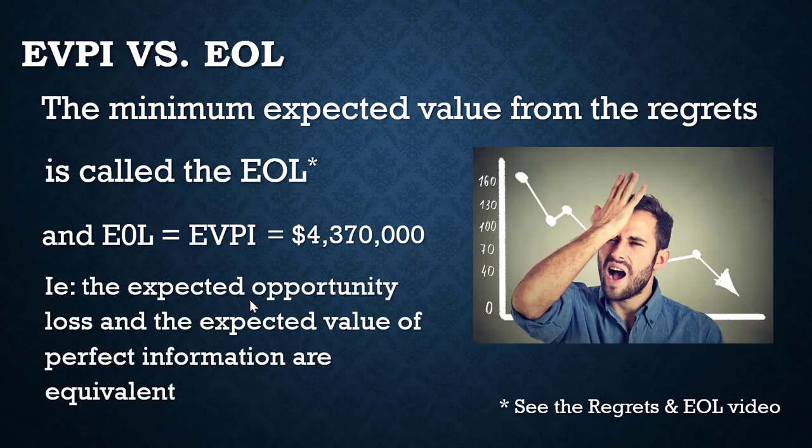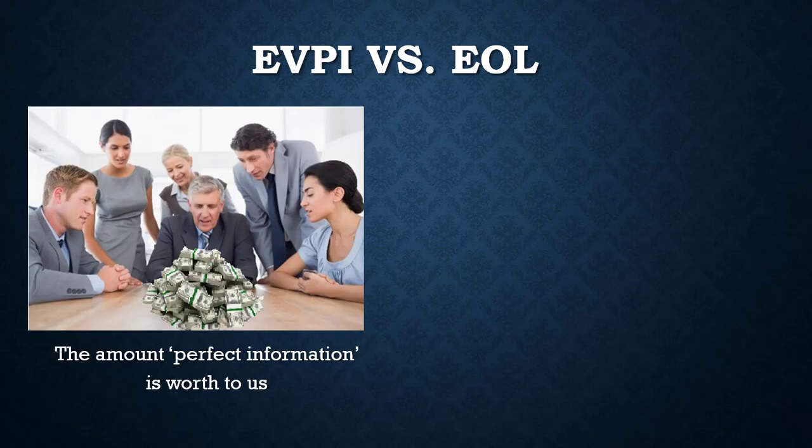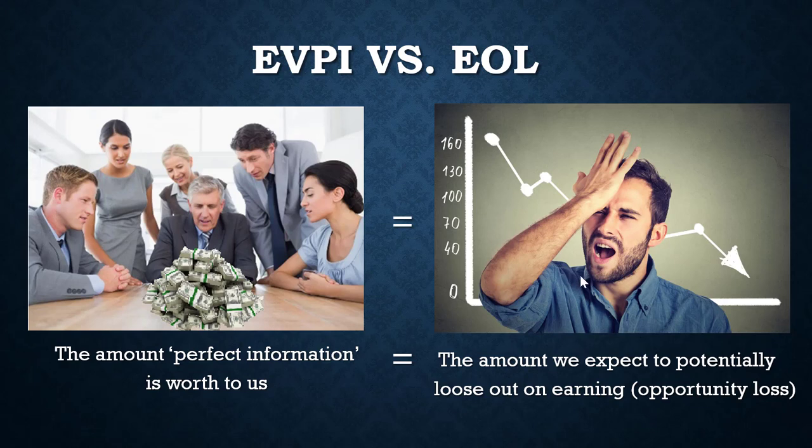So that expected opportunity loss is the same as our expected value of perfect information, or if you will, the amount that the perfect information is worth to us is equal to the amount we expect to potentially lose out on in earnings, which is our opportunity